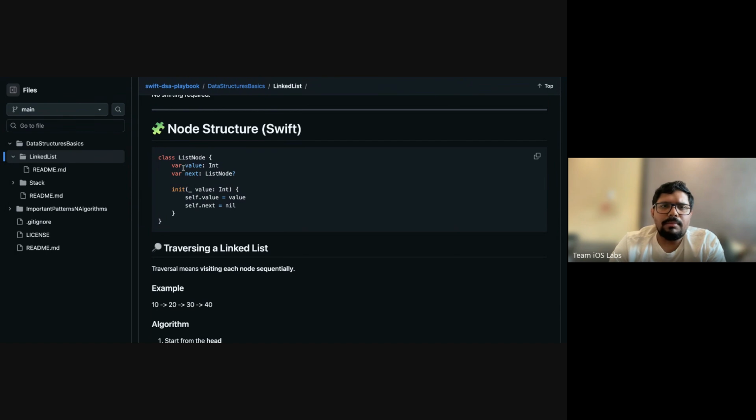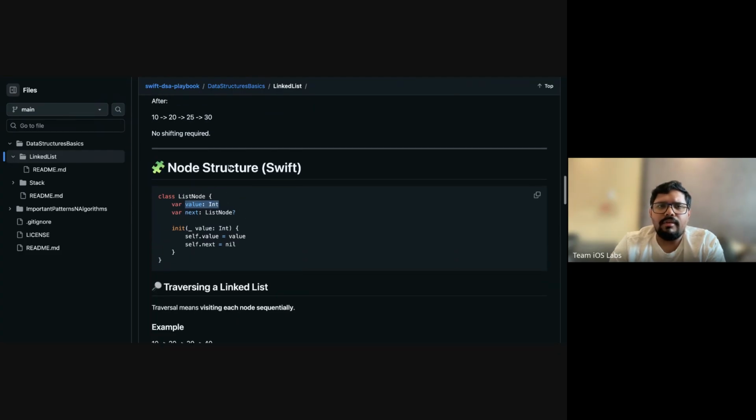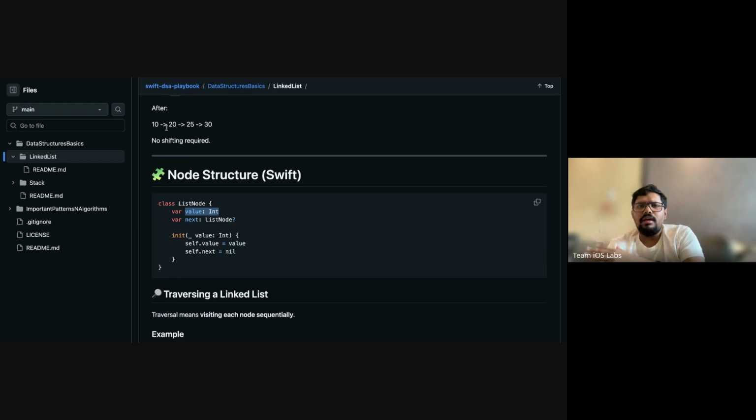If you see what is happening here, there's a class ListNode. In the class you have a value, which is an integer right now, but you can change the value type. You can have a character, a string, or any other object. It can be of any type, but basically it holds some value. And next is your next pointer, which holds a reference to the next node. So every node has one value and a next pointer referring to the next node.